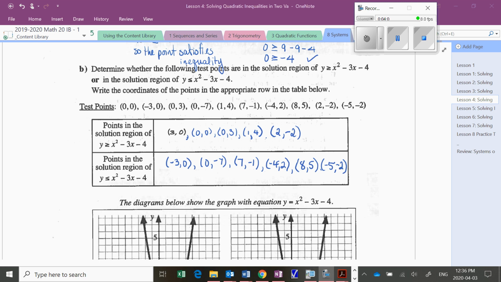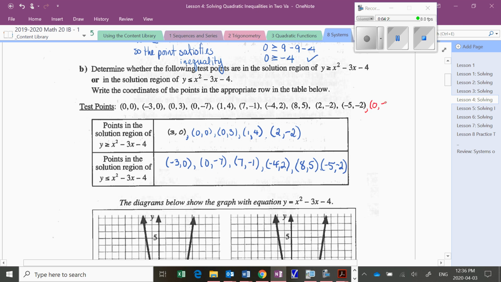Based on the points that they gave and the inequalities that they used, that would in fact be true. The one point that I wish they included, and I'm just going to add that in right now, is